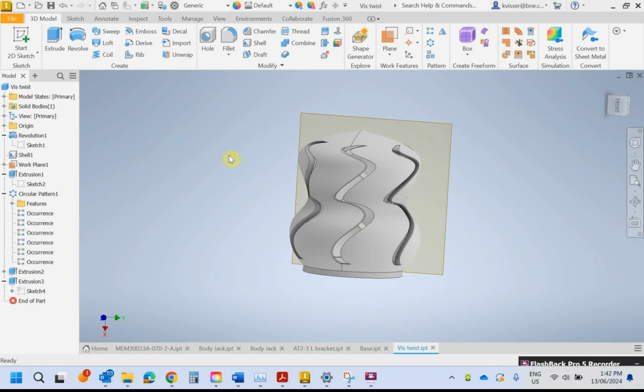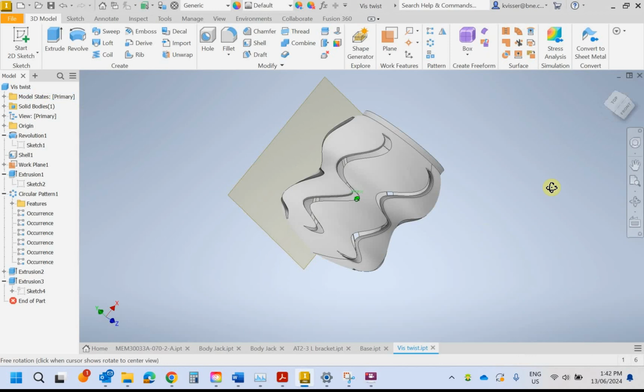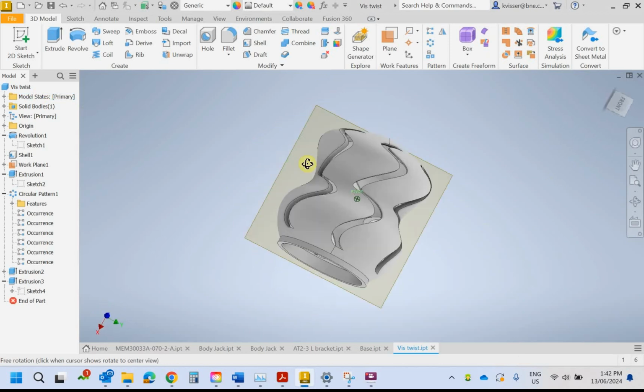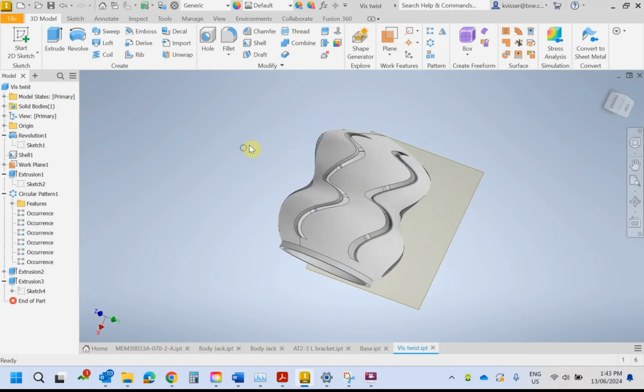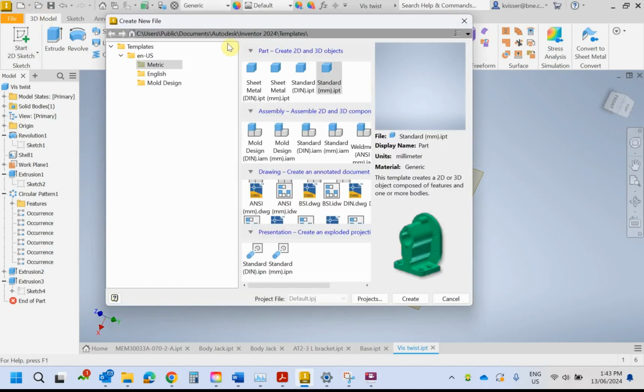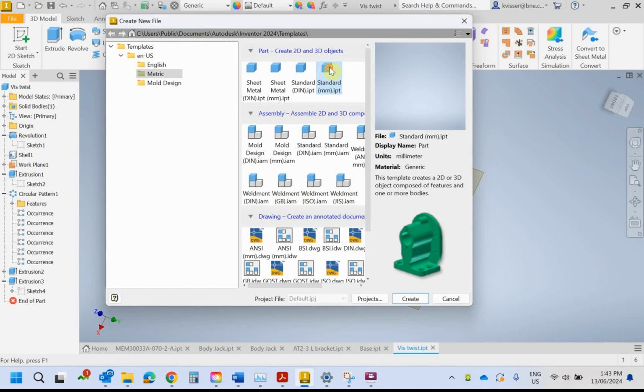Just a quick video on how I have made a tea light like this, in case you're wanting to do a similar design using the revolve and circular pattern features along with shell. So first things first, creating a new standard part,